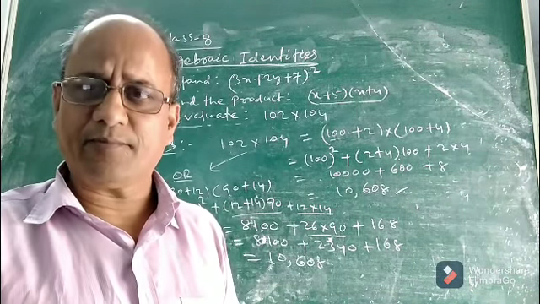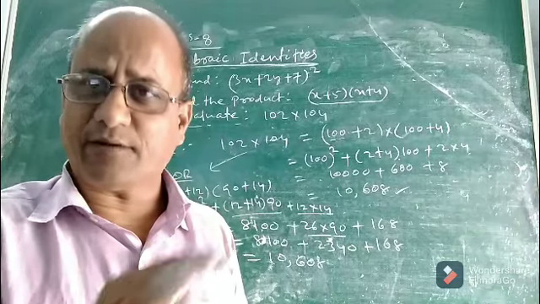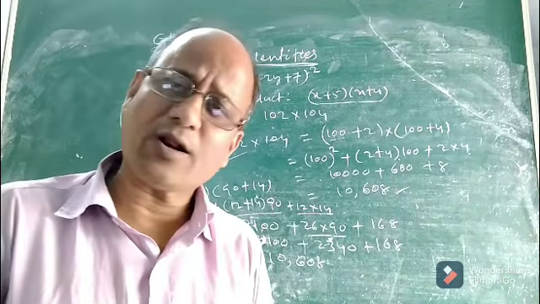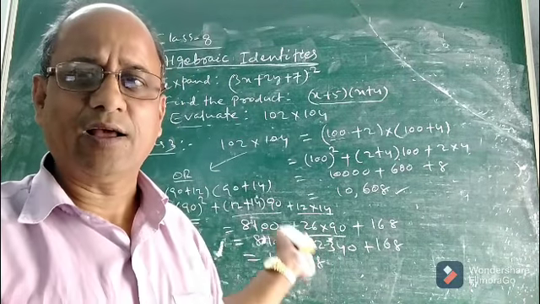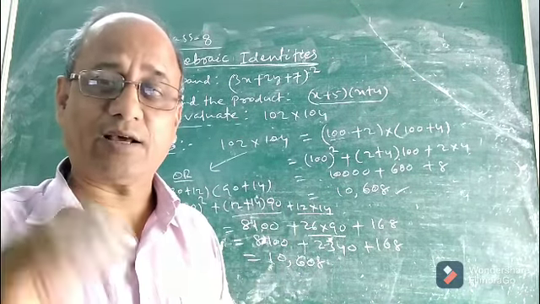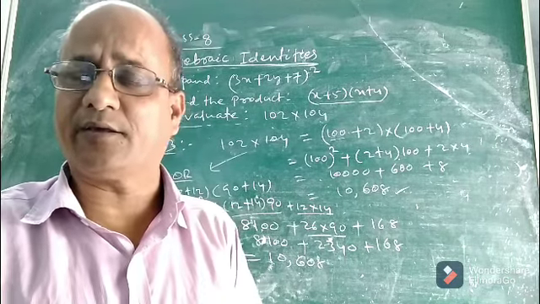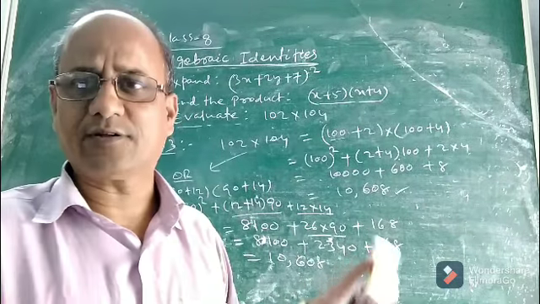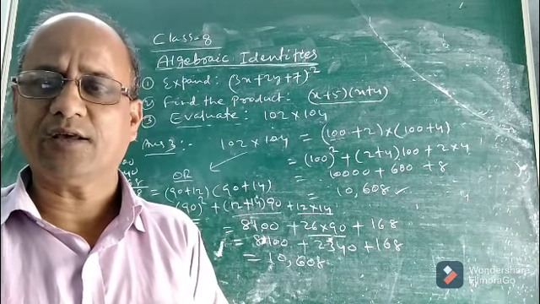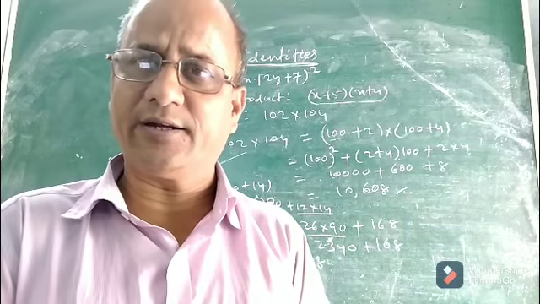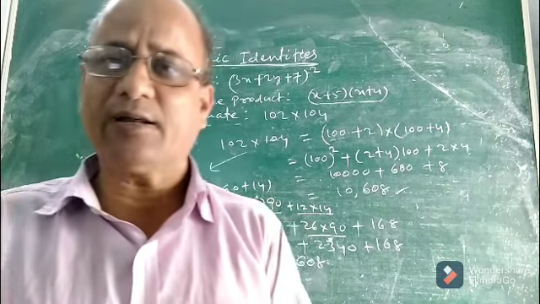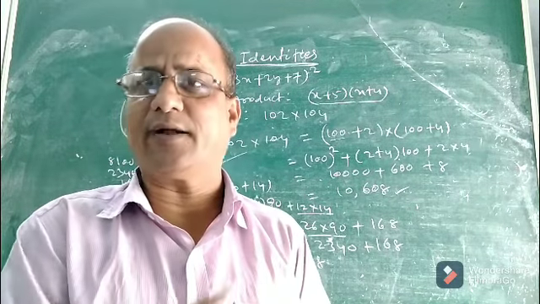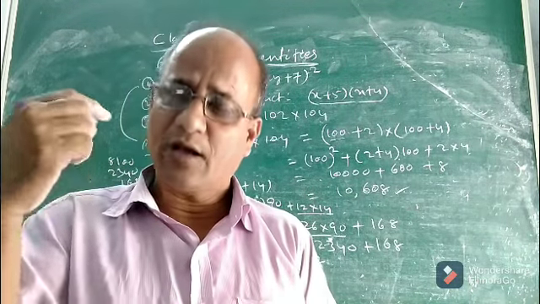hope whatever problems I discussed with regard to the applications of different algebraic identities, children, you must have understood. We will discuss more applications. What are the other applications? These are in expanding, finding the value, etc. There is still another important application of algebraic identities. What is that? We will discuss that in the next class. Identity part is over, all the identities I have discussed. The other applications of algebraic identities we will discuss in another class.